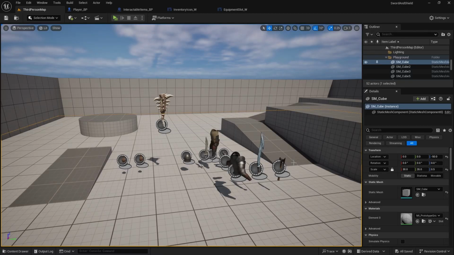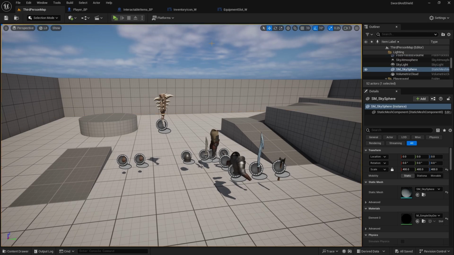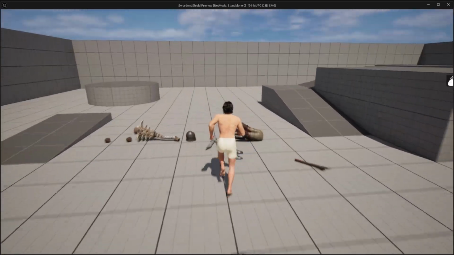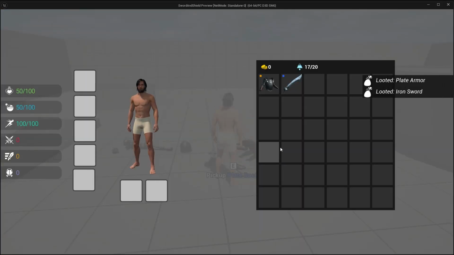Hey guys, some people have asked me to make a video about styling things and I wanted to do just that. So in this video we're going to be styling our inventory, and I'm not the styling expert myself, but at least I can show you how to create some materials and how we can manage the widgets that we created. So first thing, if you were to play the game and open your inventory, you can see these inventory